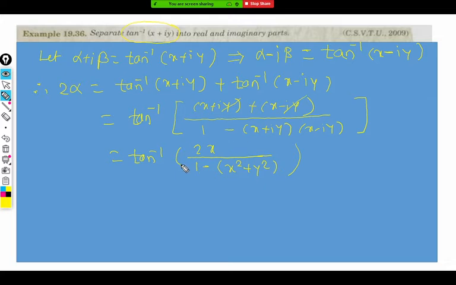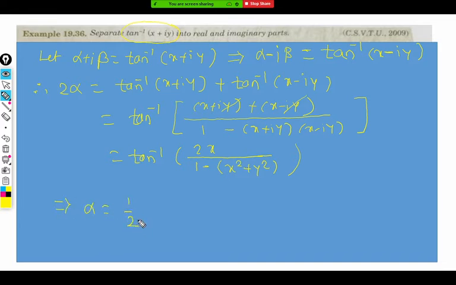You'll observe the inner part is completely real. There is no need to convert into real and imaginary, so it is free from iota. So we got 2 alpha as tan inverse of 2x upon... So what is the value of alpha then? This gives us alpha equal to